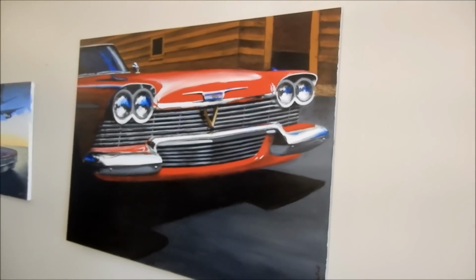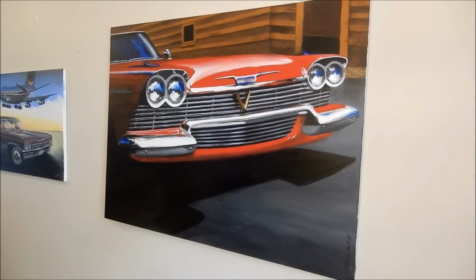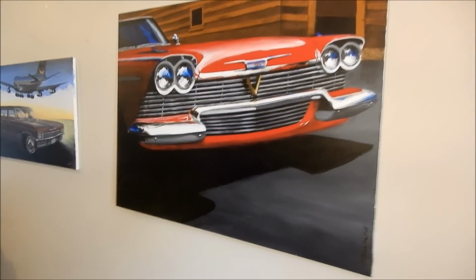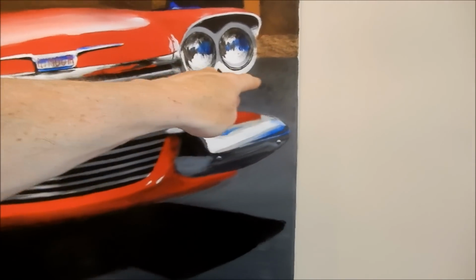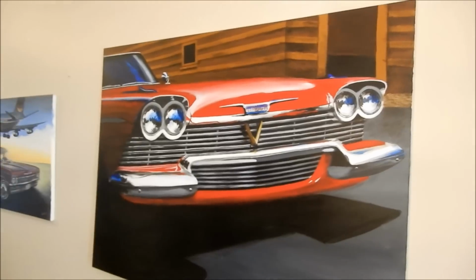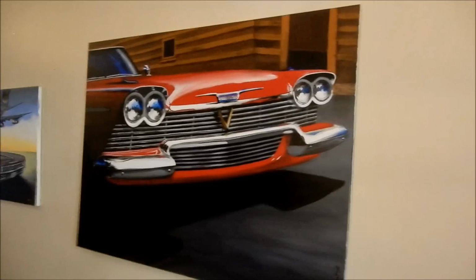And there's the Plymouth Fury, the Christine, or Plymouth Belvedere, if you will. It is a Belvedere, actually, because I think only the Fury had the huge big chrome bumper ends that would kind of wrap around up like this, and just a massive mean looking mother, you know. Now this one has got less work in it than the Monarch, but it's not $1,000, but it ain't far either. So again, if you're serious,